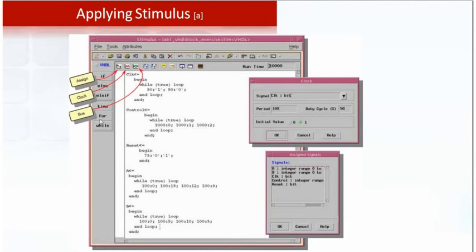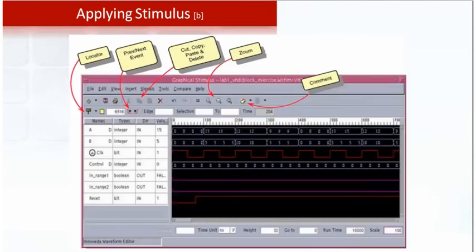And if your input has some bus-type signals, in such a case the bus can be taken from here, and we can again change the values based on our requirements. And this is another method of applying the stimulus: we can open the stimulus waveform editor, in which you can enter these values.